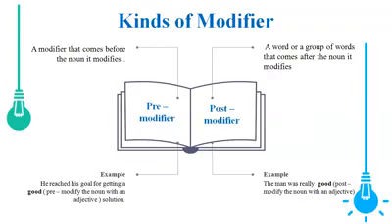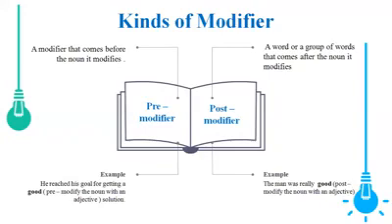Example: he reached his goal for getting a good solution. You see here a gap before the noun, and the gap pre-modifies the noun with an adjective. It means you have to modify the noun solution. You can put this word good. Good is an adjective. So the answer is: he reached his goal for getting a good solution.